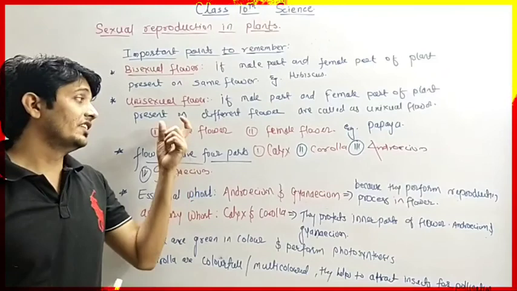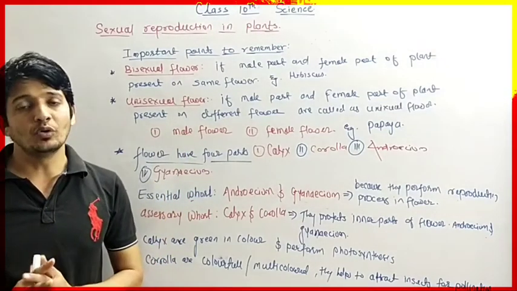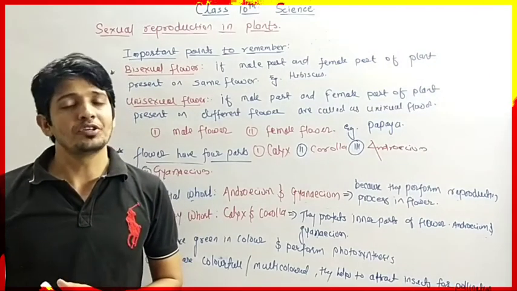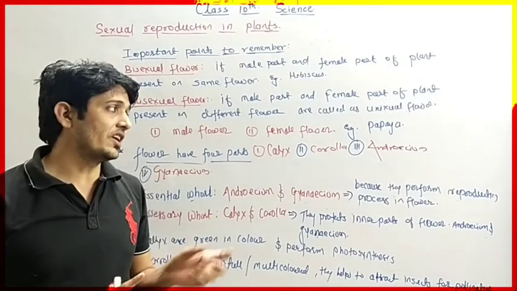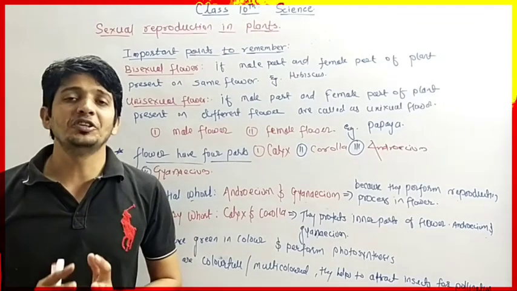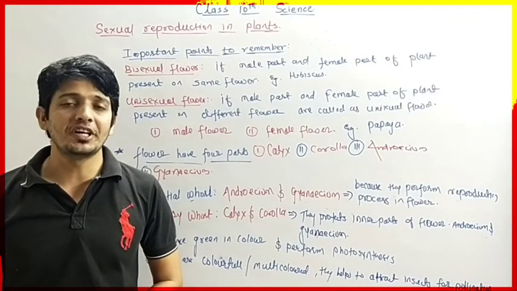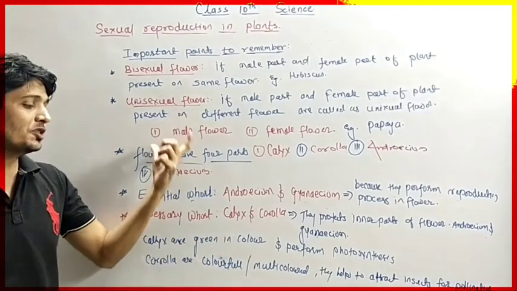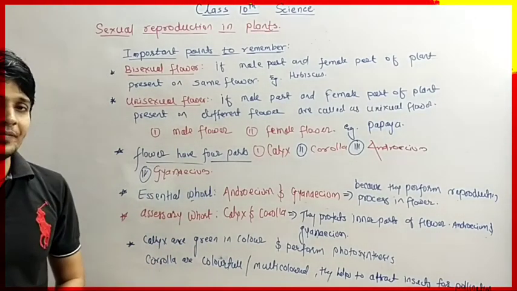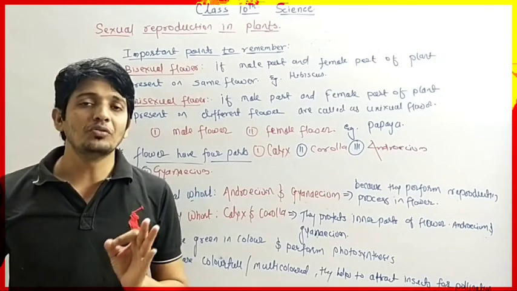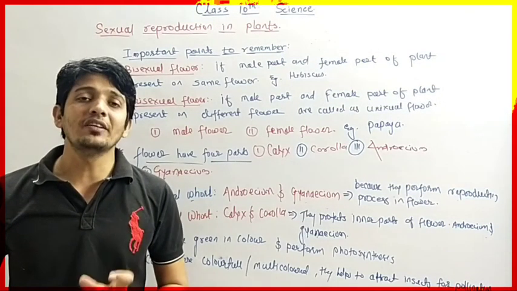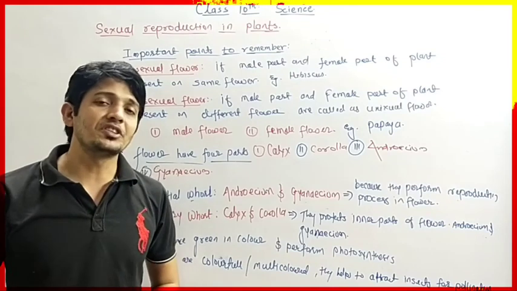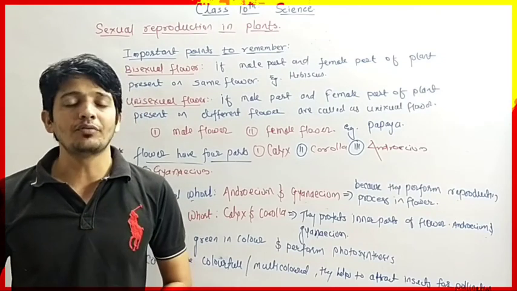So students, these are the really very important points that you have to remember in which part? The sexual reproduction in plants. First you have to understand this point, then you will understand the process of sexual reproduction in plants with the help of flower. Okay. So students, write down these points, very important, and you have to draw the diagram in your notebook and practice it, because if a question is asked on sexual reproduction in plants, then you have to describe it with the help of a diagram also.